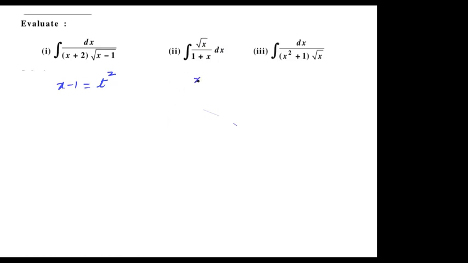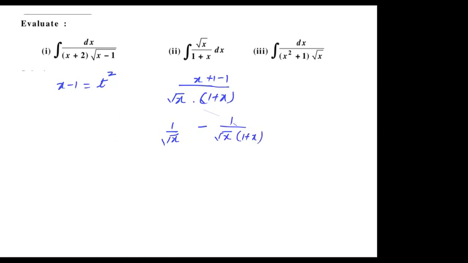So it will become x upon root x. Now we have a linear inside the root into 1 plus x, right? dx is already there. Okay, let's forget dx for a while. So now what we can do, we can add and subtract 1 so that we get rid of 1 by x. So it will be nothing but x plus 1. So the first one will be 1 upon root x minus, so x plus 1 is gone. So I'm left with 1 by root x into 1 plus x, right?